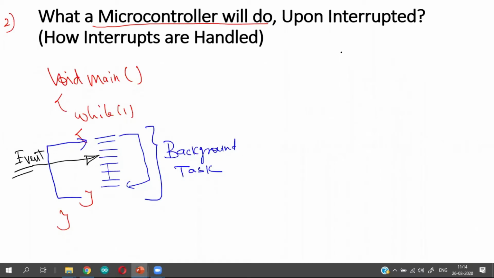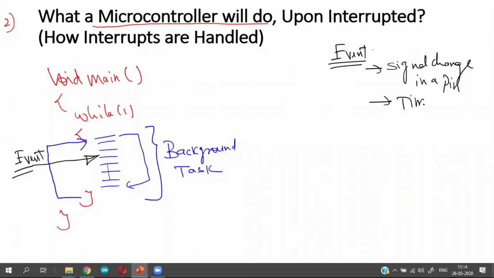Okay, what do you mean by an event? An event can be anything which calls for the attention of the processor. It can be a signal change in a pin. It can be a timer overflow.